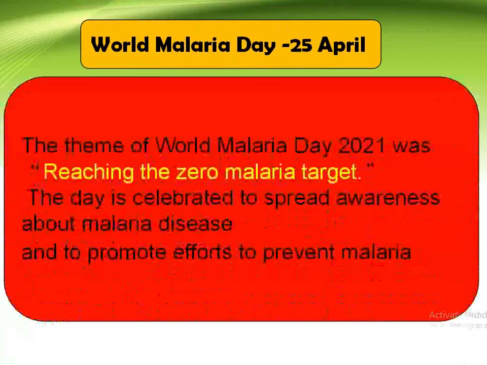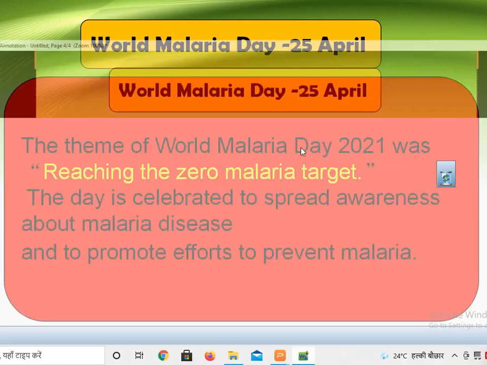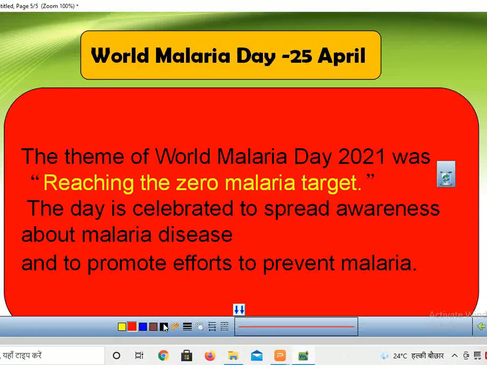So this Malaria Day, that is World Malaria Day, 25th of April, the theme of this World Malaria Day was reaching the zero malaria target, means पूरा जो भी वर्ल्ड में से मलेरिया को क्या करना है, पूरा इरेडिकेट करना है, तो जो भी केसेस निकल रहे हैं उसको क्या करना है, जीरो करना है, ठीक है। So that is celebrated to spread awareness about malaria disease, मलेरिया डिसीज के बारे में अवेयरनेस स्प्रेड करना है,